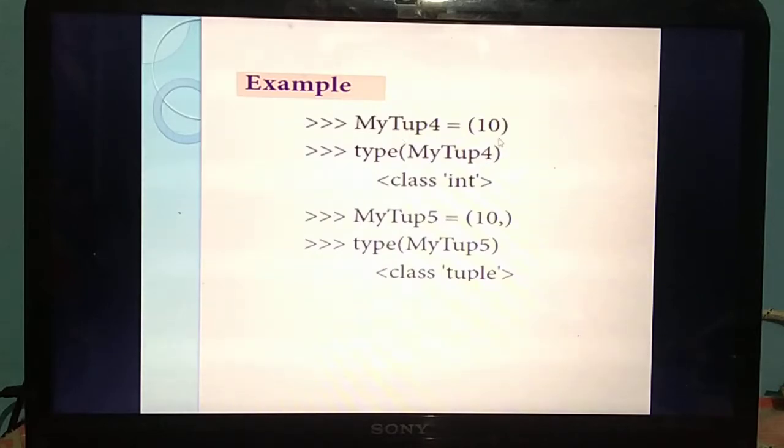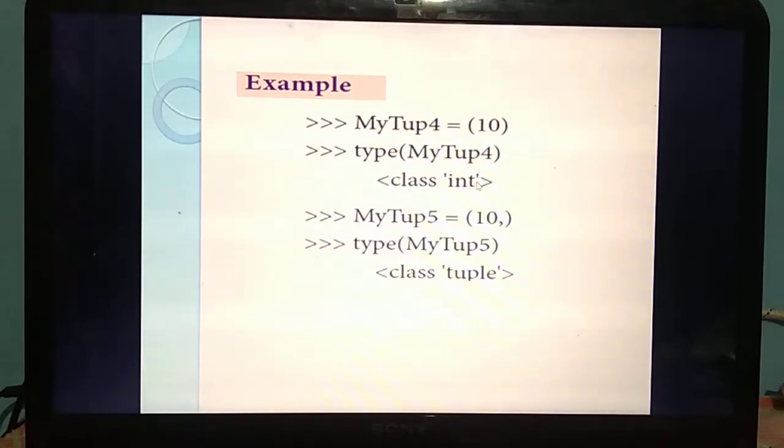Tuple. But if you need to get the output tuple, you should mention the comma at the end. Here you are not mentioning the comma at the end, so you will get the output as class int. So this belongs to class int.